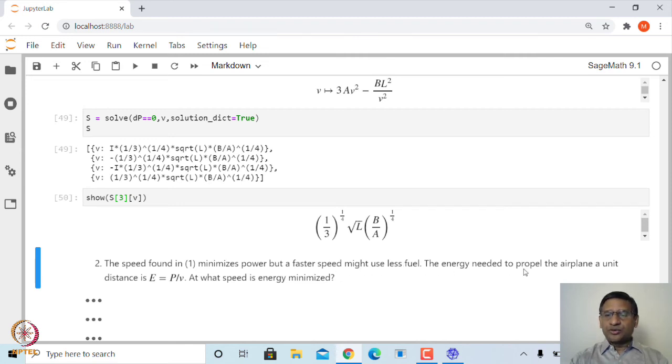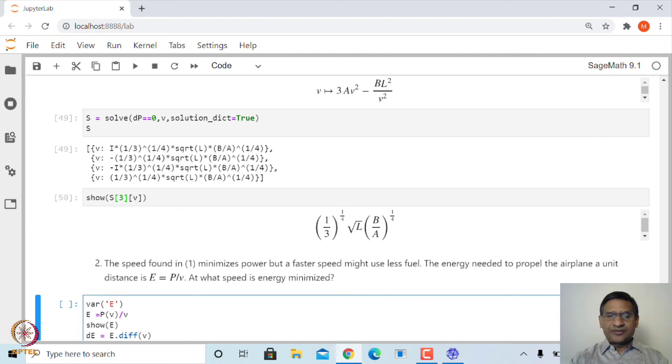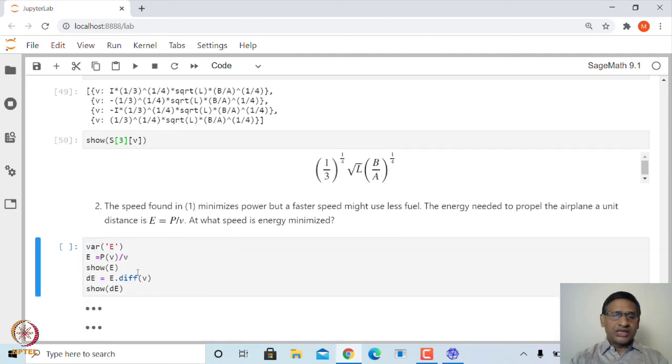The energy needed to propel the airplane a unit distance is given by E, where E is equal to power upon the velocity. Then at what speed is the energy minimum? So, again let us define E as P V upon V,